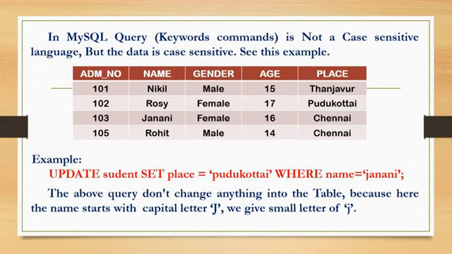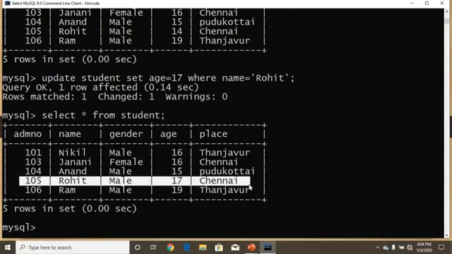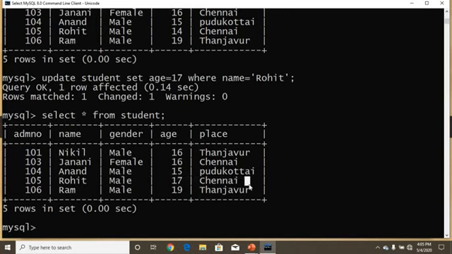And then you can update two or more fields. By using the set command, we can update two or more columns. How to set that? Now I am going to update the place and the age for Nikhil. How to write a query? I am going to edit two column values. For Nikhil, I am going to update age 17 and place Budalur. How to set the query? Update, table name student, set is a keyword.